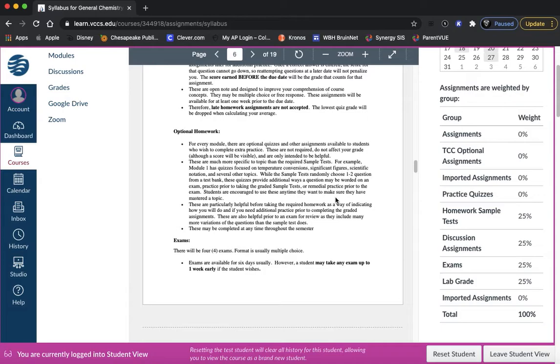You have 2 assignments per module. You will have 4 exams in this course, and I drop one of those exams. So if you're happy with your average when you get to the 4th exam and you have completed exams 1 through 3, you can opt not to take that 4th exam, okay? Or if you miss exam number 2, you still have 3 and 4, and you'll be fine in the course. So I always drop one exam and one of each type of homework assignment. All right, so if you go to your modules,